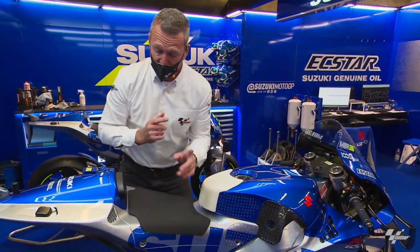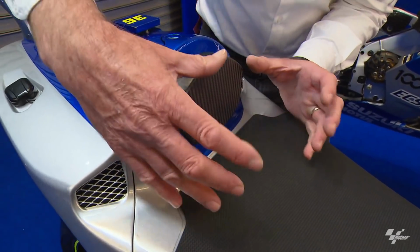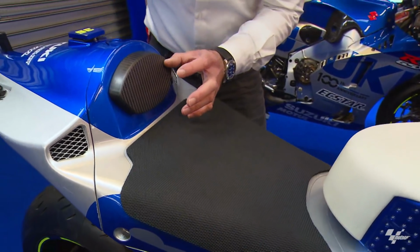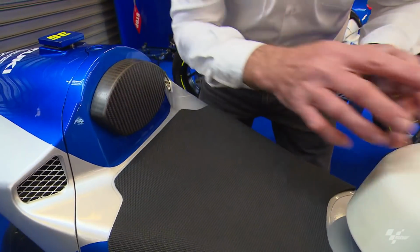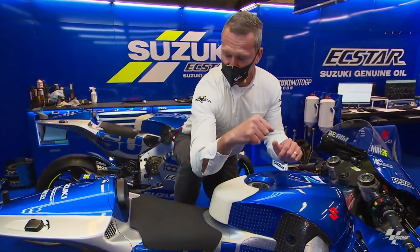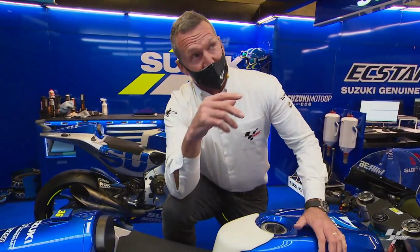The other thing that can hold them forward under acceleration is the seat pad at the back here. Riders run all different sizes depending on where they want the support. They even run a little hump at the back here to hold them forward, and then they can still sit up on it on the straight. That's the thing. If that seat pad is too big, then the rider won't be able to move back enough, and his elbows will be still in front of his knee instead of outside his knee. There's not enough room, and the problem there is if your elbows are sticking out down the straight,